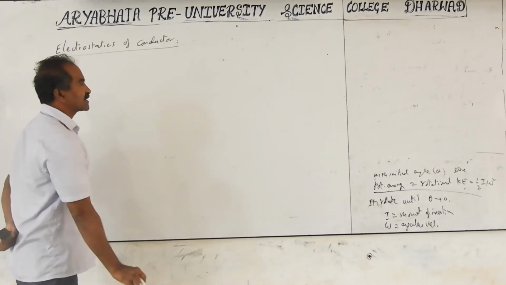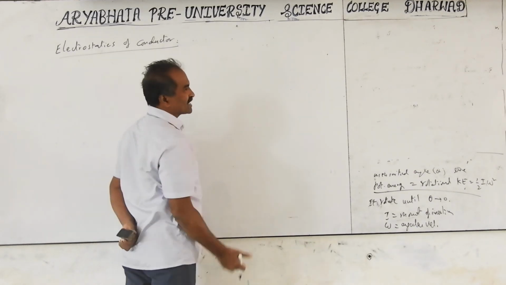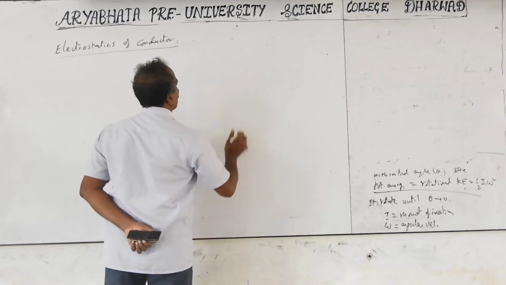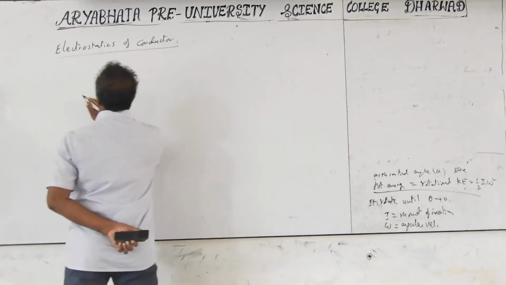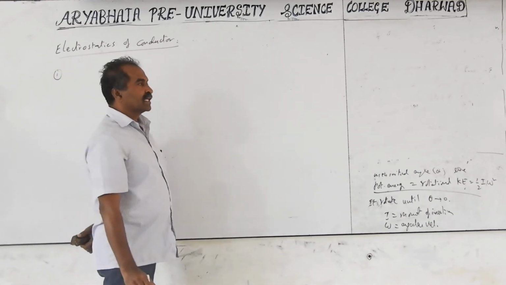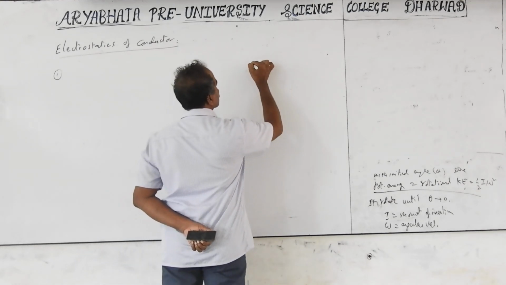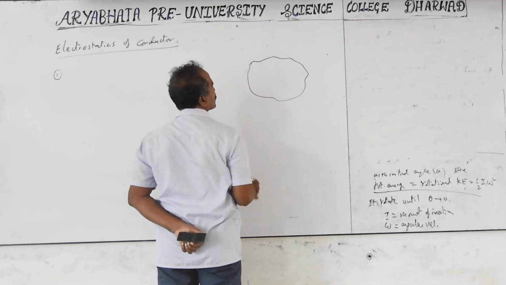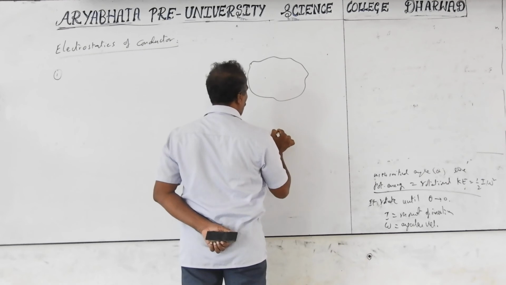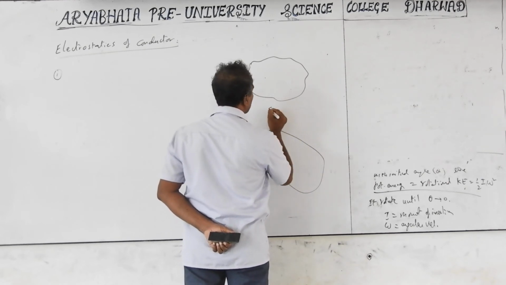What is the electrostatics of a conductor, and the static condition? You already know these points. Once again, in the given textbook, I will discuss that separately. We have already discussed these points: the net electric field inside the conductor is always 0, and for any conductor, charges rest only on the outer surface. These points apply whether it is hollow or solid.